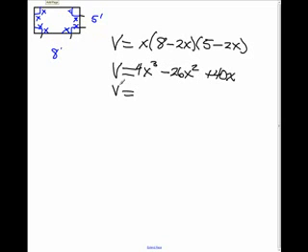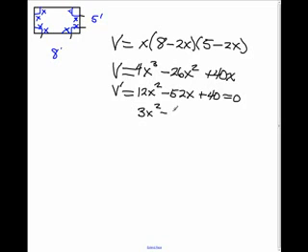So v prime in this case is equal to 12x squared minus 52x plus 40. And then we're taking the derivative, setting it equal to 0, and factoring. Well, the first thing I want to do is take out the GCF of 4. And that just makes it easier to factor. 3x squared minus 13x plus 10. And that's easily factored into